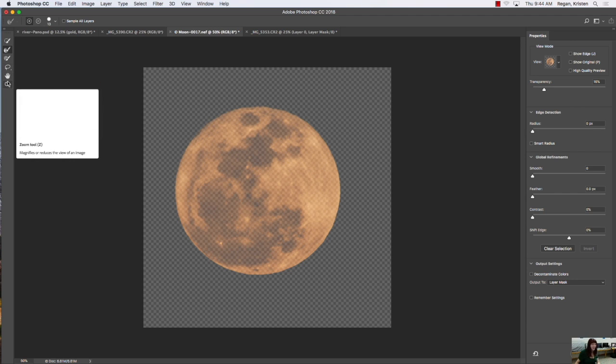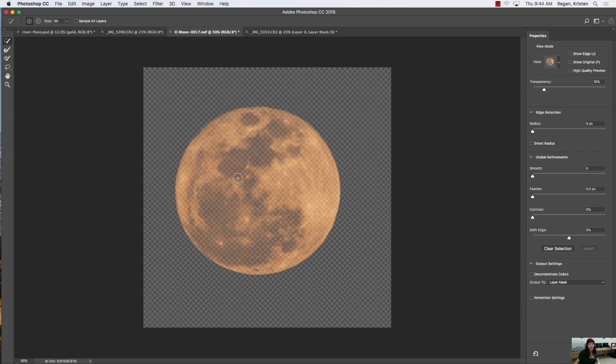And then the hand is just gonna move stuff around, and then zoom, you know what that is. So I'm gonna go with a quick select, and I'm just gonna bonk. So that gave me pretty easy selection. Now we can look at